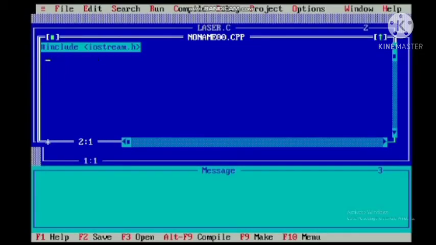Now I show you practically. Students, we give the first line hash include iostream.h, the next hash include conio.h, then void main with parentheses, and then clrscr with small brackets and semicolon.